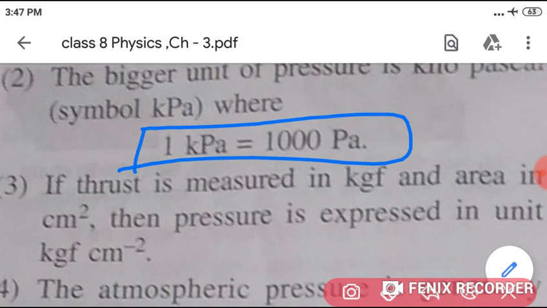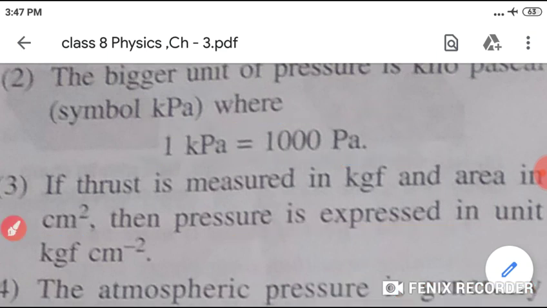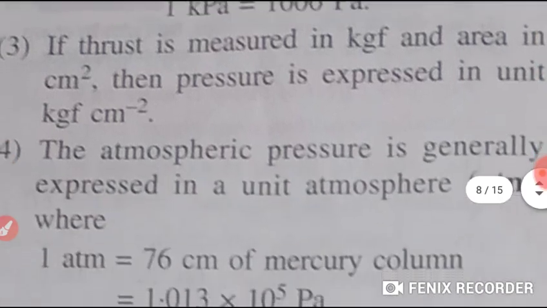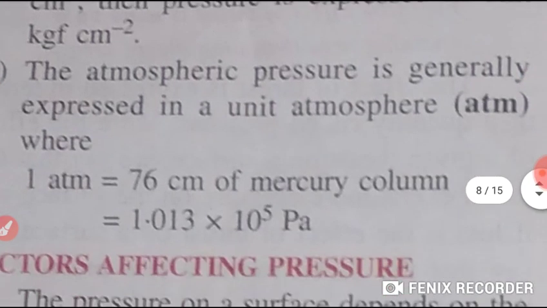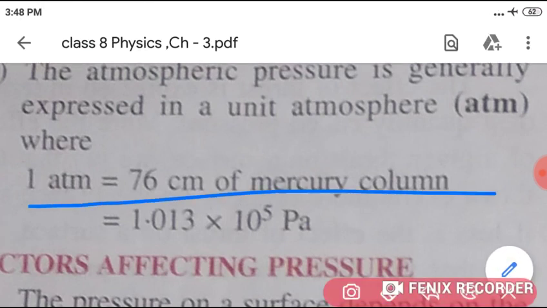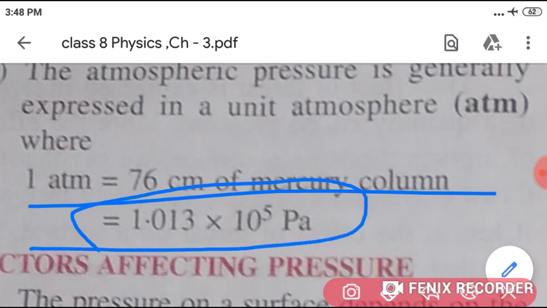Students, if the thrust is measured in kgf and area in centimeter square, the pressure is expressed in the unit kgf per centimeter square. The atmospheric pressure is generally expressed in a unit called atmosphere, ATM. Underline this, students. 1 ATM is equal to how much? 76 centimeter of mercury column. Equal to what? 1.013 into 10 raised to power 5